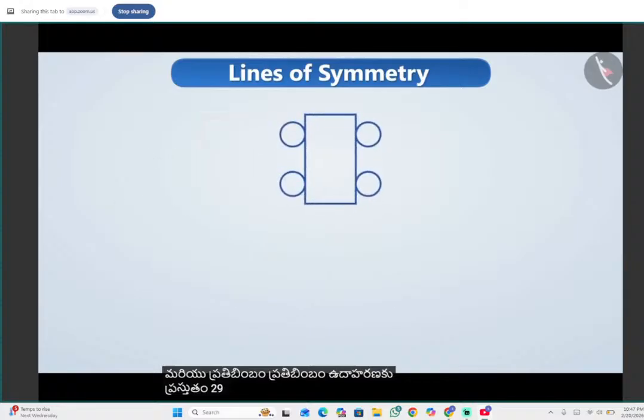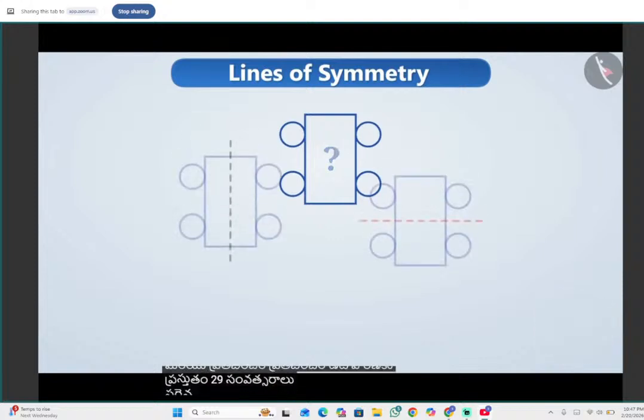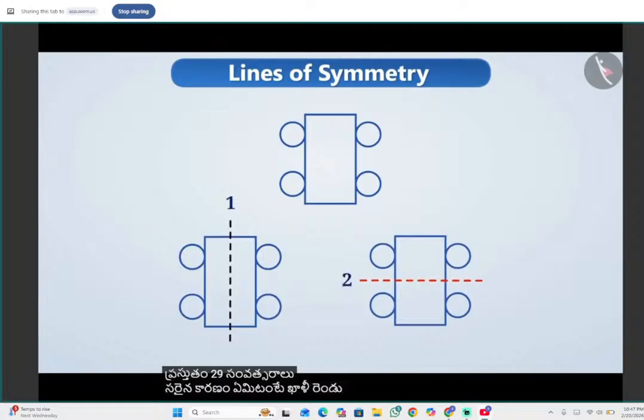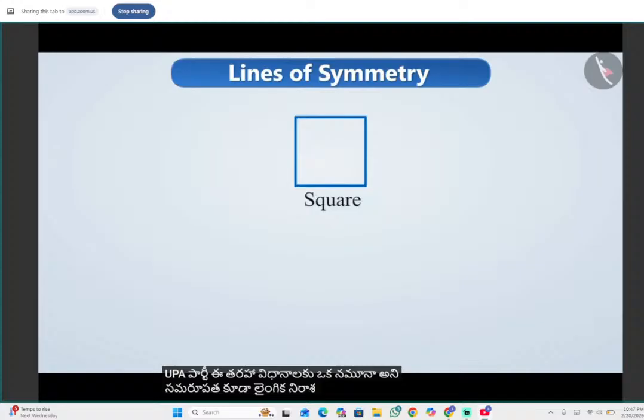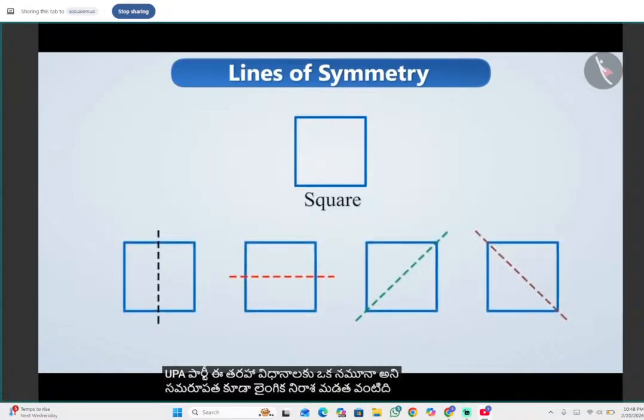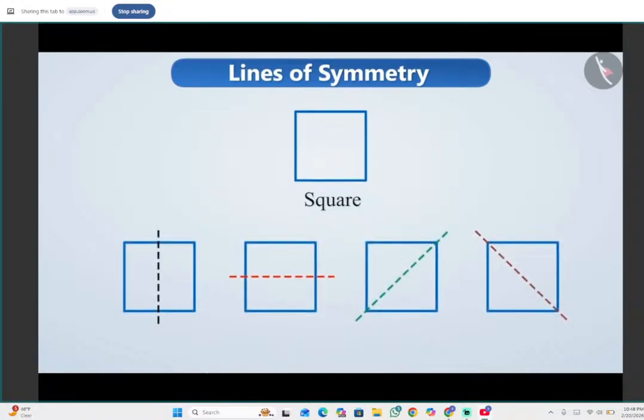Look at this figure. Is there any line of symmetry present here? Think for a while. Correct. Here we can see two lines of symmetry, and apart from these, no other lines could be detected. Some figures have more than two lines of symmetry also. Like the symmetry in a square could be seen by folding it by these four lines. Hence, a square has four lines of symmetry. Similarly,